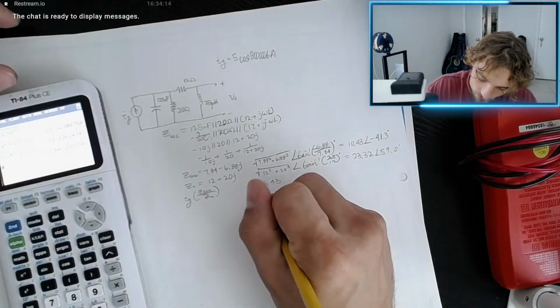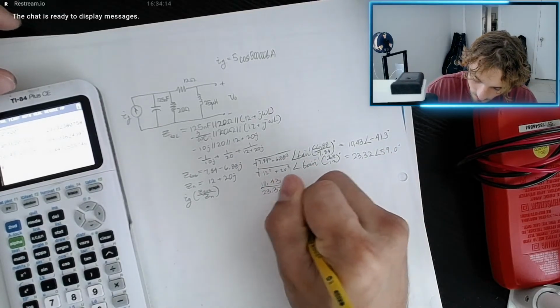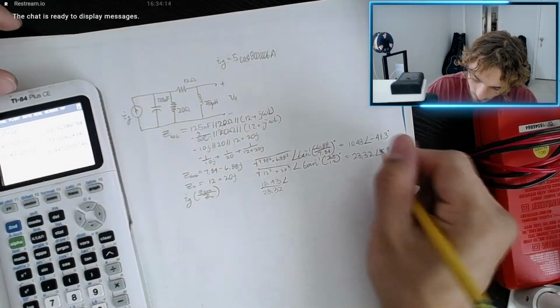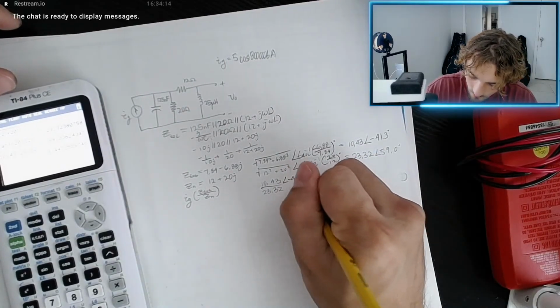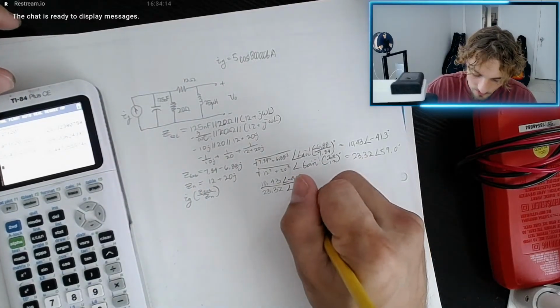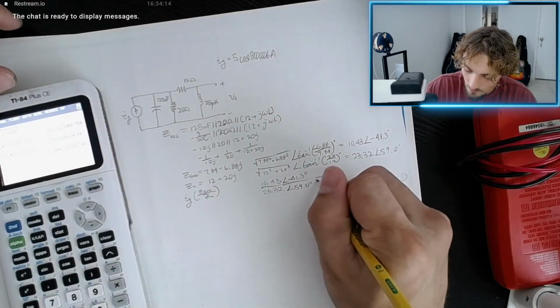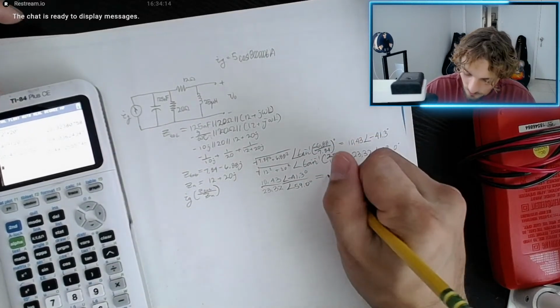Alright, 10.43 divided by 23.32. Oh yeah, angle negative 41.3, angle 59.0 degrees, equals 0.44,